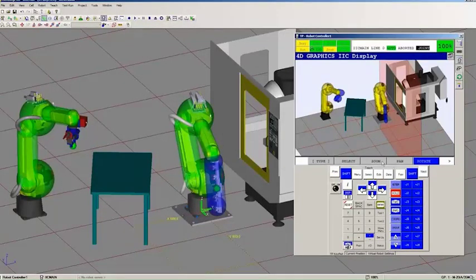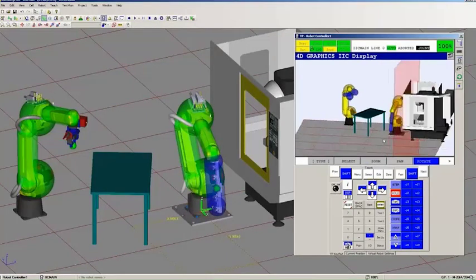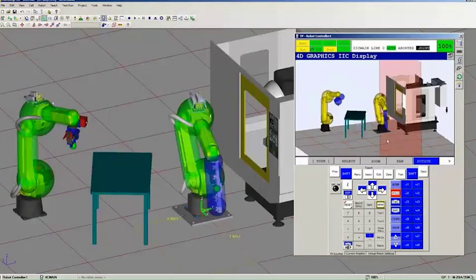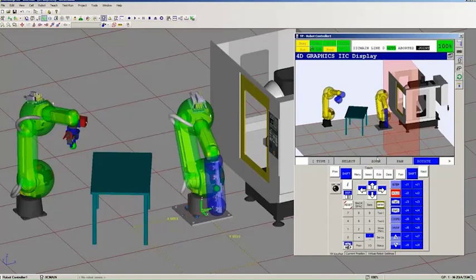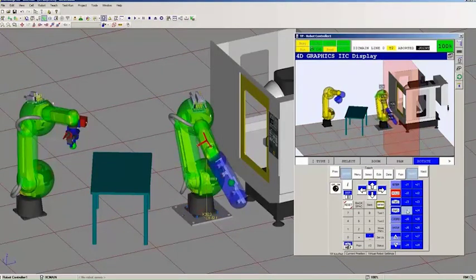I'll go into my 4D graphics, and this is what the infinite plane looks like. You can see that it's right where it needs to be to prevent the robot from bumping into the machine. But with this setup, I'm not able to go through the door. So I'll just show you here that